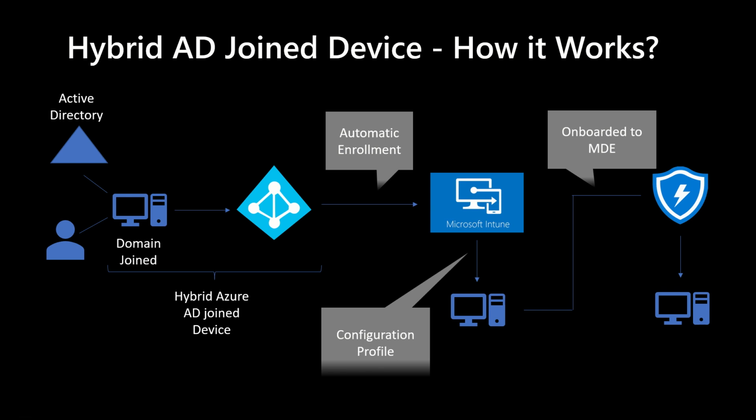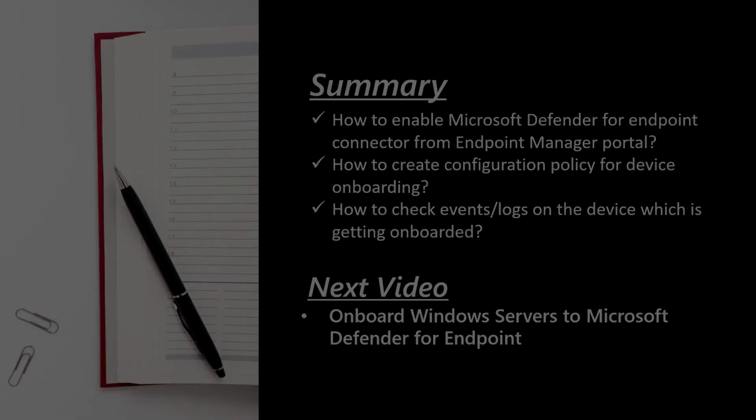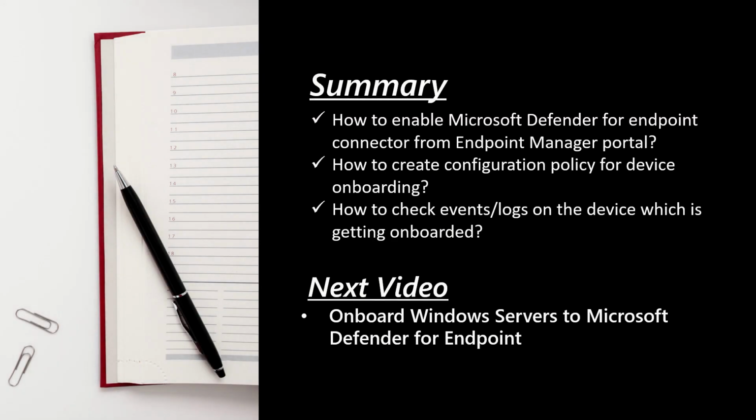So now you're already sorted with all the 3 steps that you have to do, and you can achieve this particular stage as well, wherein you have hybrid Azure AD joined devices, but for some reason you don't want to use group policy object and you want to use MDM. Then in that case, you can just create the configuration profile that I've just shown and scope that to your hybrid Azure AD joined devices. So this was all about knowing how the onboarding of Windows 10 works when you're trying to use MDM or